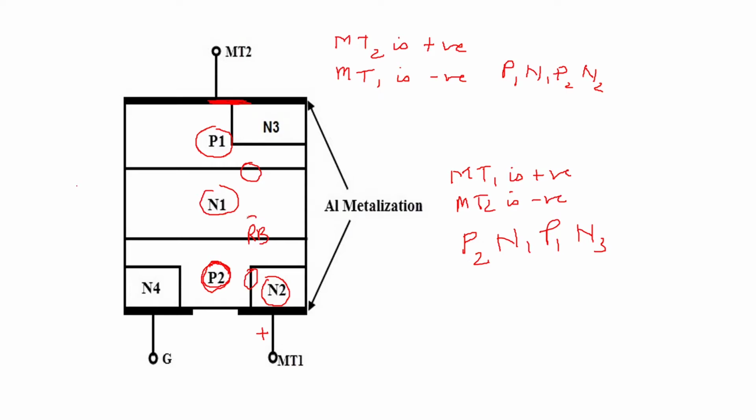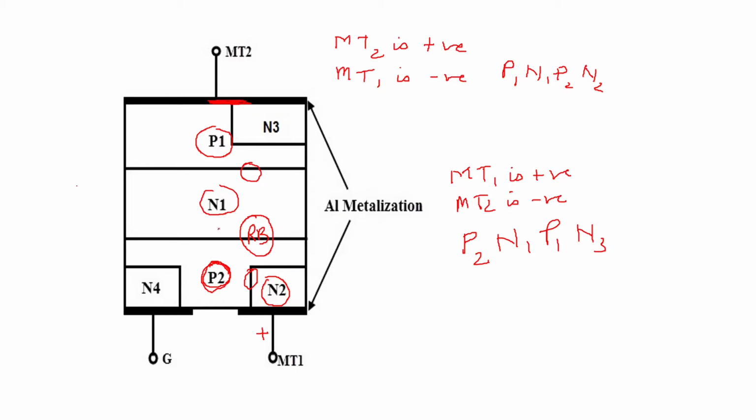This reverse biased junction has to go into breakdown if you want to conduct the triac. So if you work only on breakover voltage, then the voltage between MT1 and MT2 should be such that the second junction goes into breakdown and the triac goes on. Otherwise,